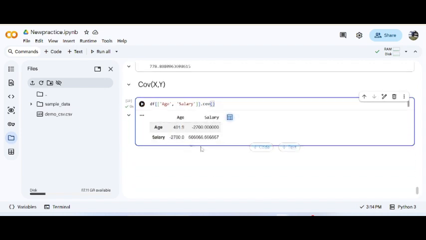So now you can see it. The covariance of age to age is 40.1. The covariance of age to salary is minus 1,700. And the covariance of